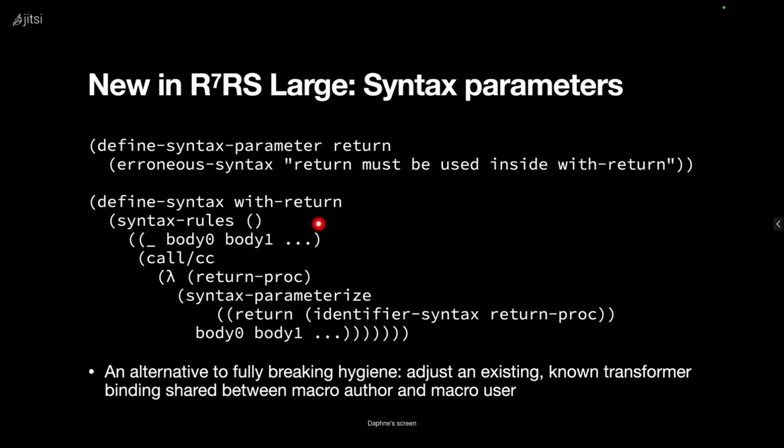And when it's not used inside of a with return, then it returns an expand time error. So this is a nice alternative to unhygienic macros for the specific case when the ejected identifier always has the same name. You can't do things like automatic field names, automatic accessor names for a class in an object system with this, but you can do that with the other system that I mentioned before. But this is an alternative solution for cases like that.